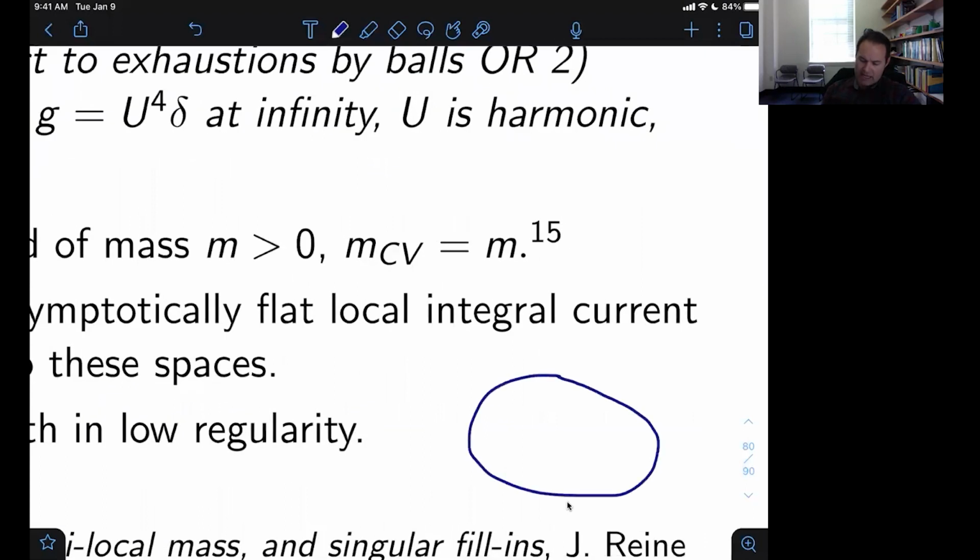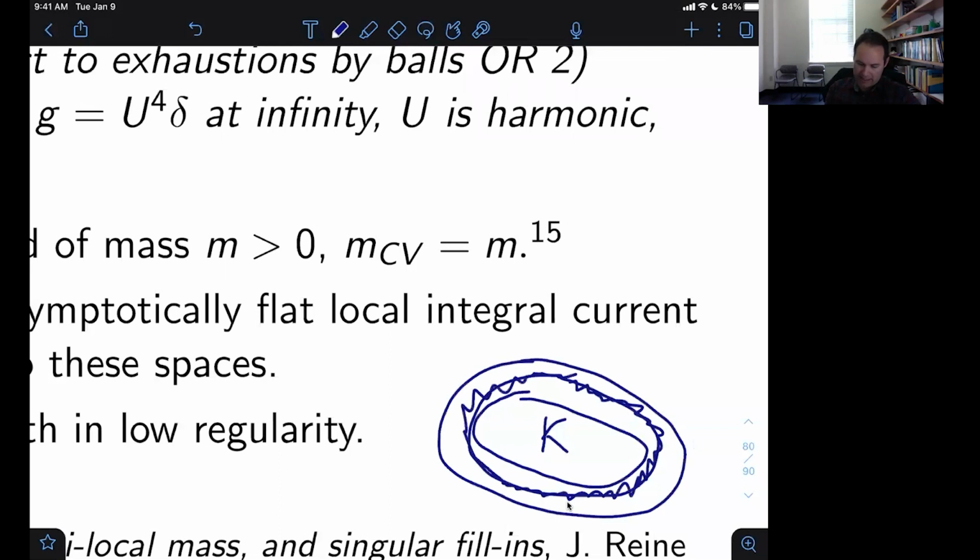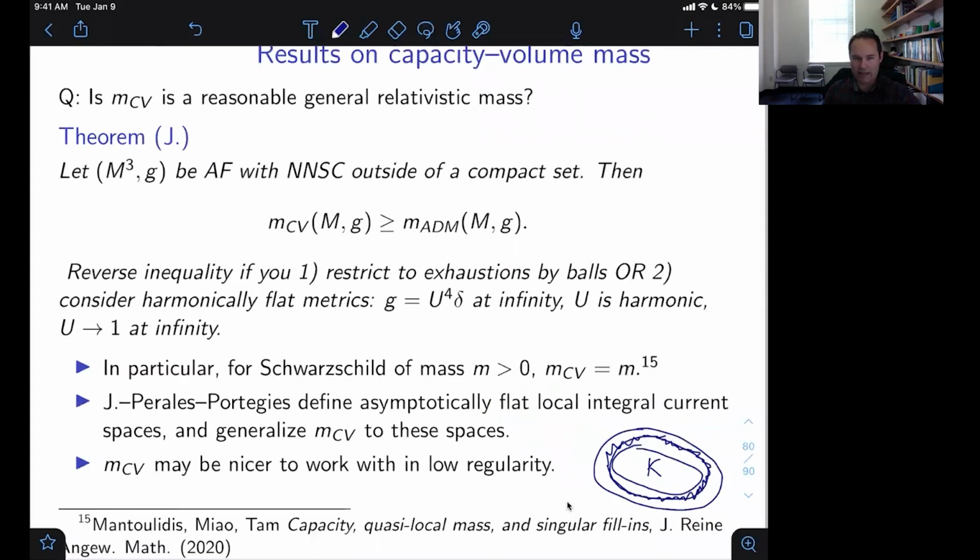this kind of phenomenon. If you've got some region, this applies even in Euclidean space, not even just metric spaces, but if you have some compact region and you introduce a lot of noise to the boundary, that wreaks havoc on the area. It can make the area huge. You could even make infinite area with a small change, but the capacity is actually stable in that because the capacity is monotone, like the volume, so you can bound it above and below from inside and outside. So the capacity is a more stable object than the area. So that could be useful for working with this in low regularity.